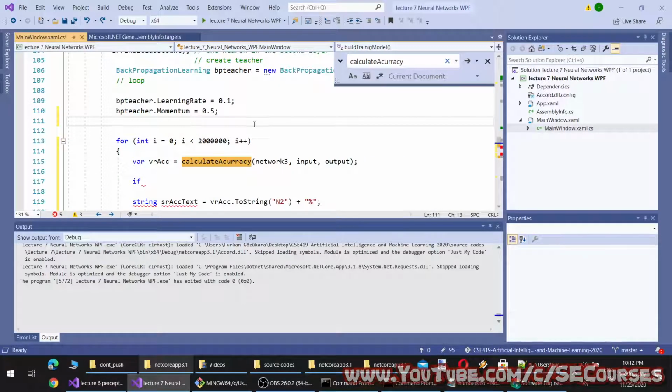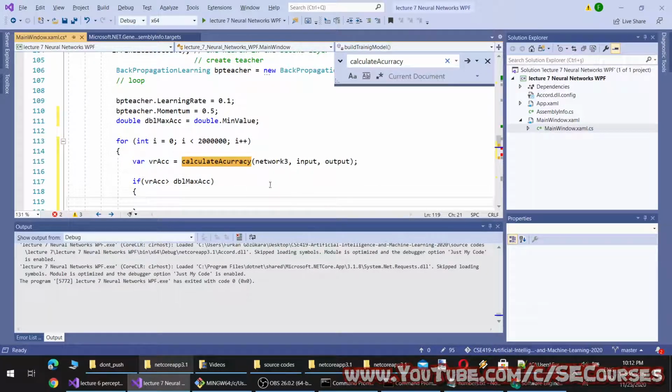How am I going to do that? I keep the mean value, and if the new accuracy is bigger than the previous accuracy, I'm going to save the model.